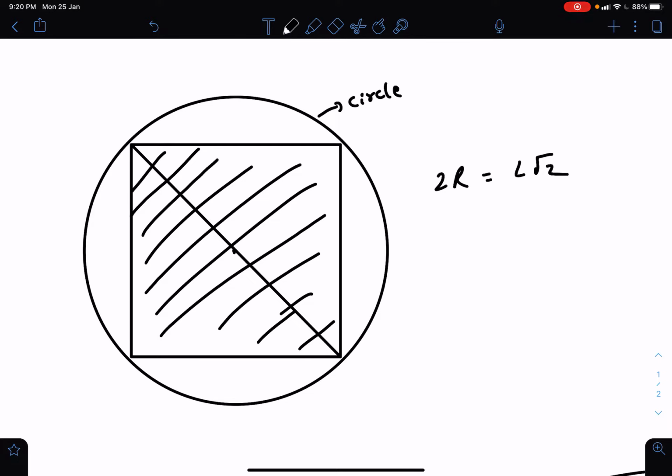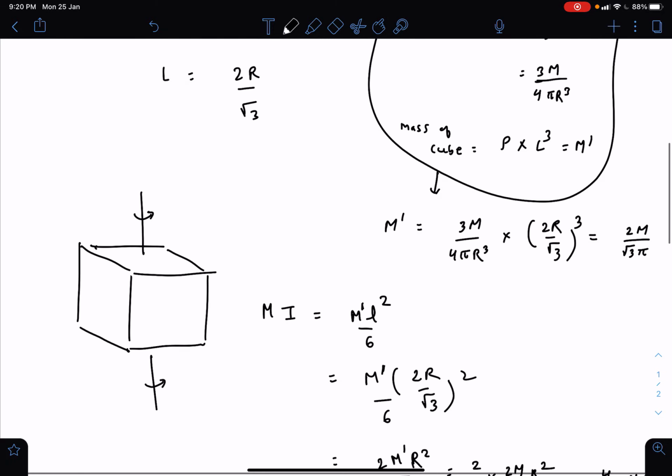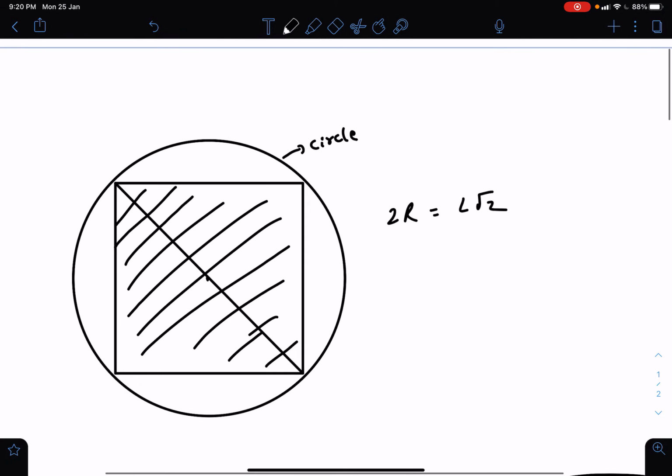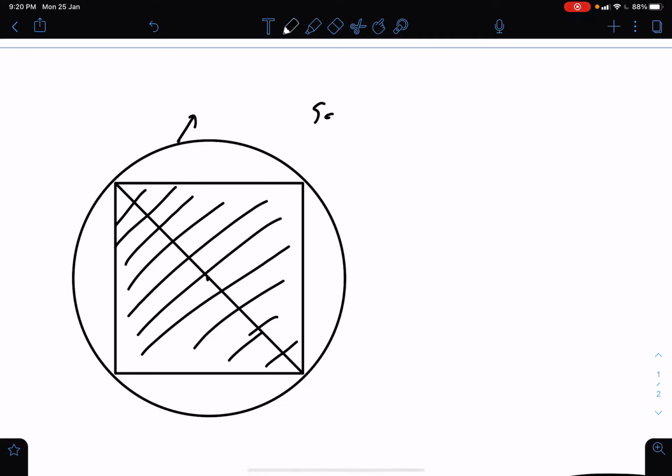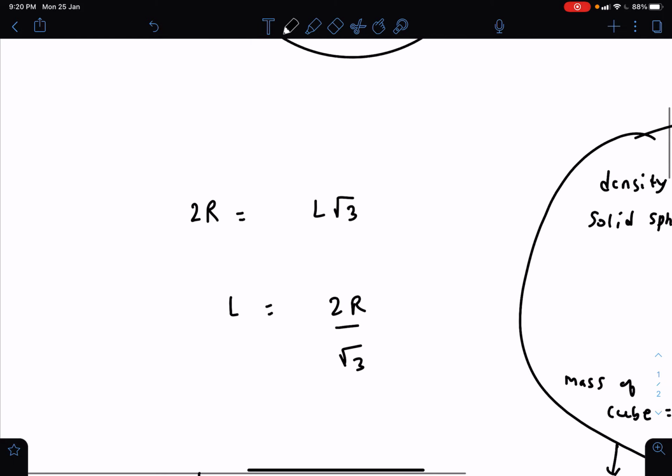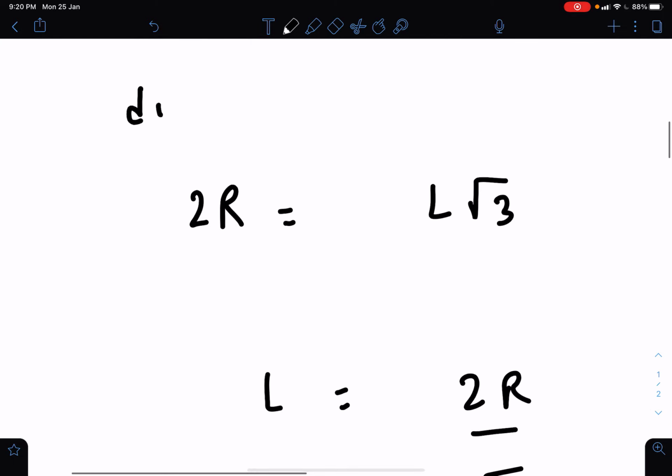Now convert it to 3D. Imagine that this is a sphere. Now from the sphere, if you want to cut out a cube of max possible volume, then the diagonal length of the cube should be equal to the diameter. The diagonal length of the cube is L root 3. So the diameter of the sphere